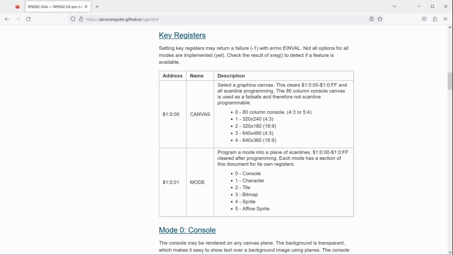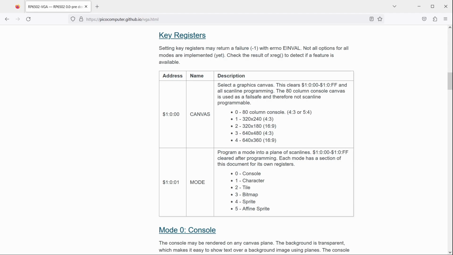So the images I'm showing will be 720p from an HDMI capture card. Keep in mind the compressed video on YouTube never looks as good as a raw feed, and my capture card drops an occasional frame. Now for the mode. Only modes 0 and 3 are complete right now, so let's start with some mode 3 bitmap graphics. We can have some fun looking at images and drawing boxes.